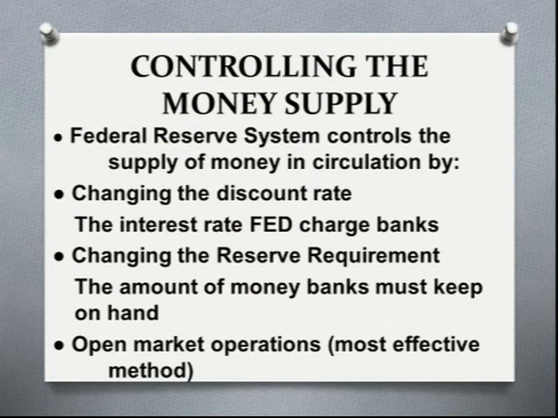Controlling the money supply, the Federal Reserve has several ways of controlling the money supply. One, changing the discount rate, and that is the interest rate that the Federal Reserve charges participating banks to borrow from them. Another is the change of the reserve requirement. This is the amount of money that they're required to keep on hand instead of investing out. The one that is the most effective is the open market operation, and that's their lending policy to governments, mainly